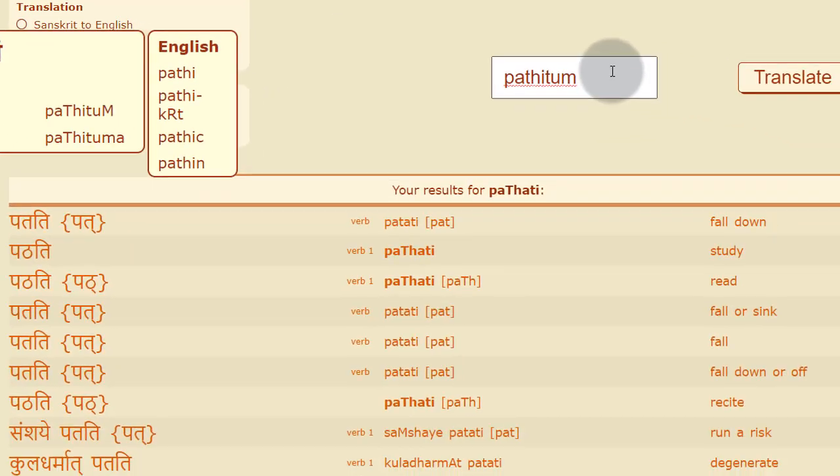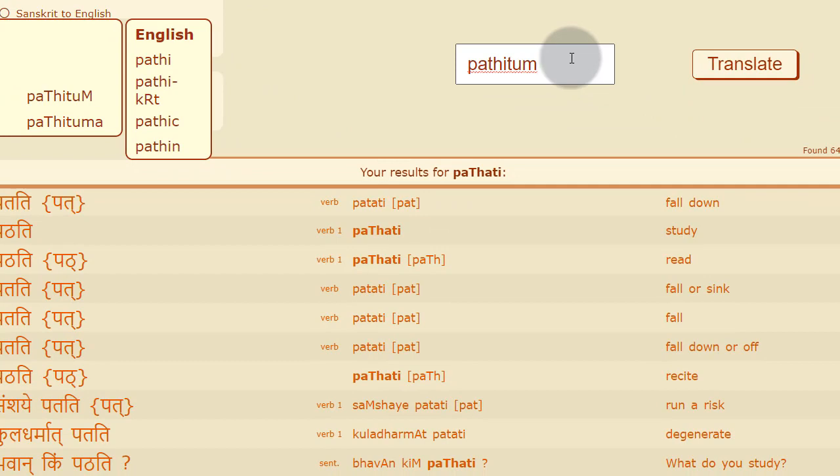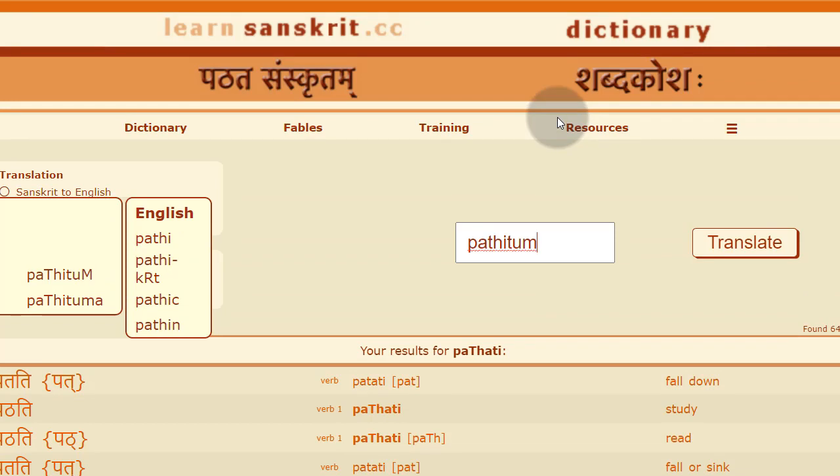And that's a very simple way of using this site. This is a very good site for beginners. I recommend this site for you. So in all the study materials and the practice books that I give to you, whatever word you don't get the meaning of, you can use this dictionary. With frequent usage of the dictionary and checking how words are used in sentences, you can improve yourself.